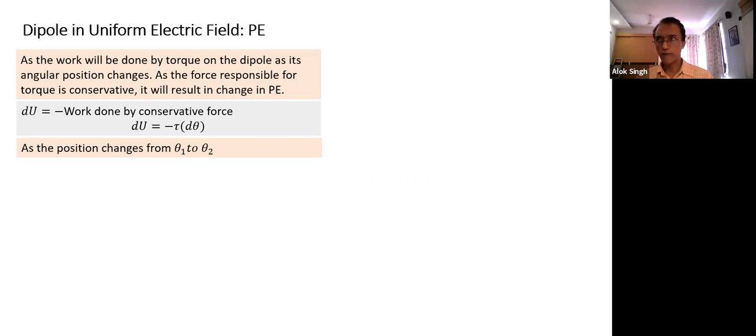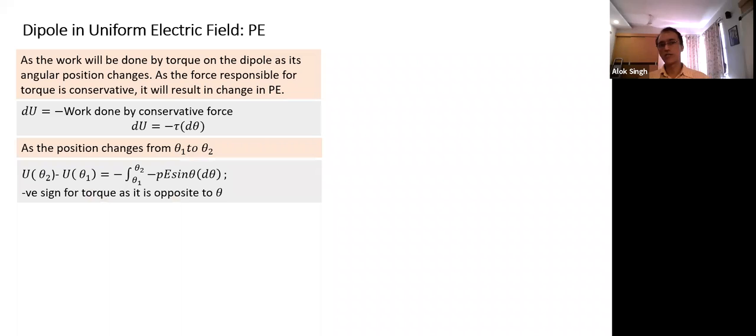So how do we think of any vector? We should think of a vector in terms of an arrow. So based on information, we can figure out which direction field is acting, what is the orientation of dipole vector, and between them, angular displacement. Which is taken as a reference line here? Which vector is taken as a reference? Field vector. E bar vector is taken as a reference. So as the angular position changes, what is the expression? Is this clear? All of you easily understand what is the expression?